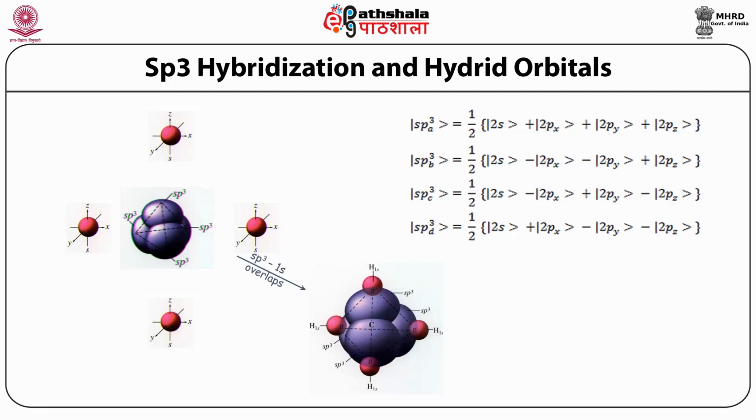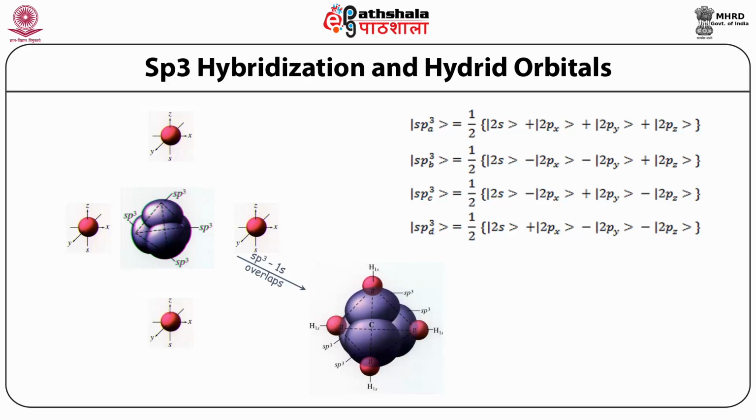In order to make the elongated wave functions in the 4 directions of the tetrahedral configuration, the 2s orbital and 3 2p orbitals are mixed with each other, forming the sp3 hybridization, and orthonormal atomic wave functions for sp3 hybridized orbitals in these 4 directions are given by, that is, we have